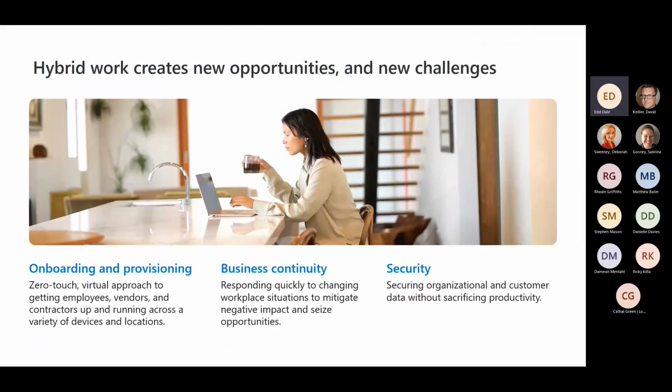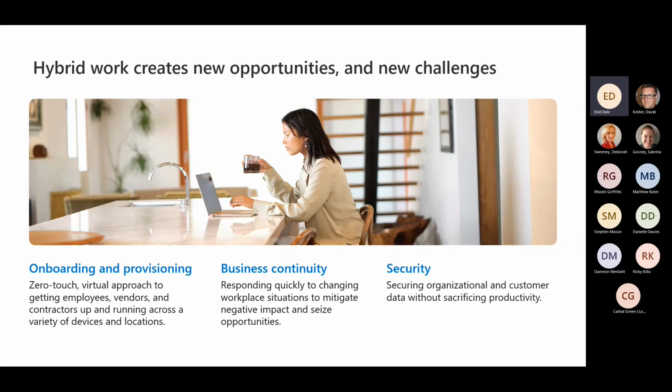Now, as I'm sure a lot of you know firsthand, the shift to hybrid work does create new opportunities, but it has created a huge amount of challenges. Things look different when new employees need to be onboarded from either across the country or across the world. Distributed teams need to be connected, specialized workloads need to be enabled, and new projects need to be scaled up. Not only do companies need to get employees set up, but they also need to be prepared to provide support and respond rapidly to changing environments while still maintaining business continuity.